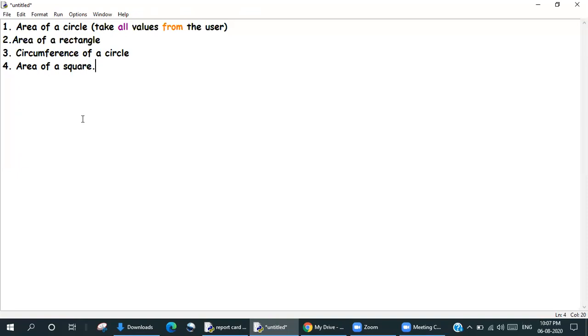When we meet on Monday, I want all these 4 programs ready with you, because I'm going to teach you something based on this, and I will require you to have it with you. So you will do these 4 separate programs and keep them ready. You will take values from the user. It's the same everywhere. Okay, this is your homework.